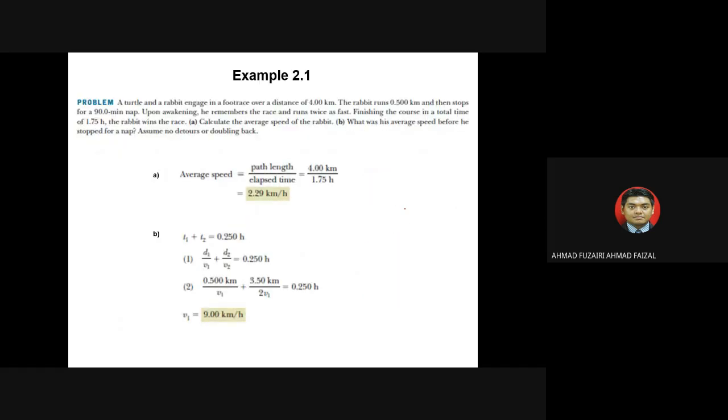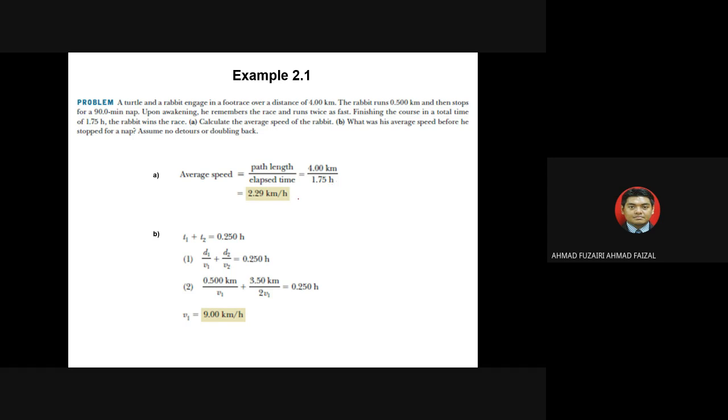Right. So for example, a turtle and a rabbit engage in a foot race over a distance of 4 kilometers. The rabbit runs 0.5 kilometers and then stops for a 90-minute nap. Upon awakening, he remembers the race and runs twice as fast, finishing the course in a total time of 1.75 hours. The rabbit wins the race. Calculate the average speed of the rabbit, and what was his average speed before he stopped for a nap? So the total average speed, based on the path length of 4 kilometers, divided by 1.75,